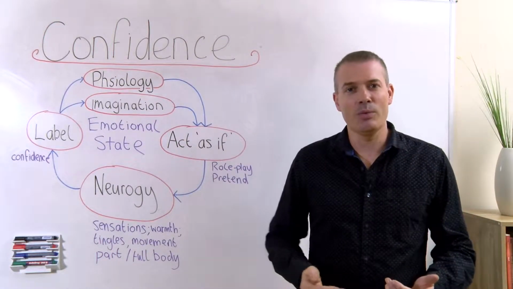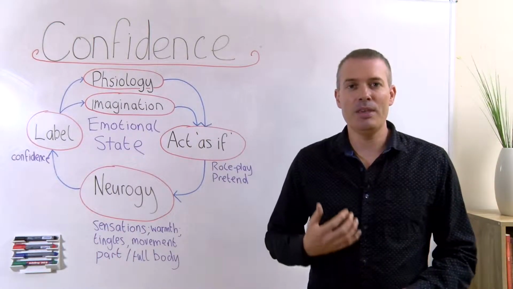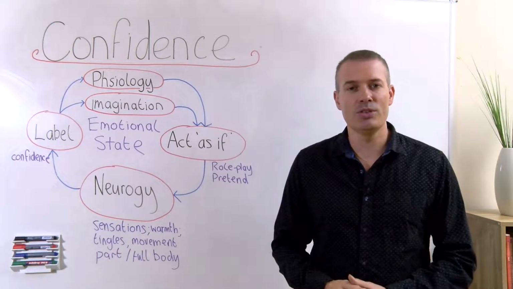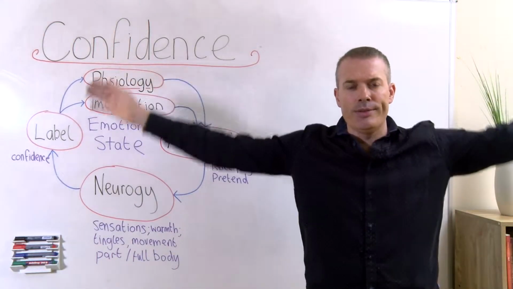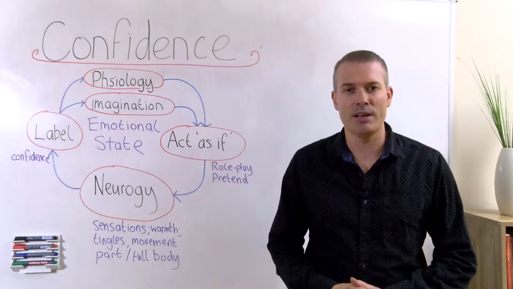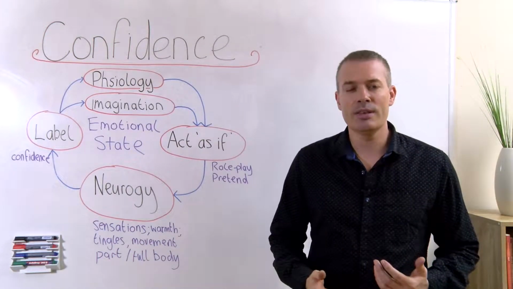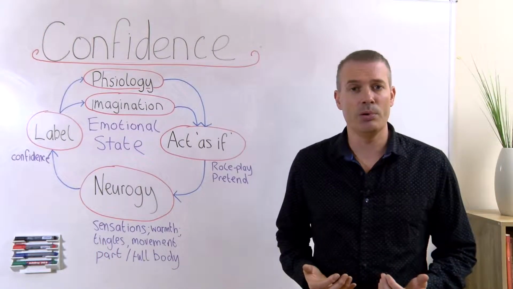But you want to have a think, what physiology could I take on board that would naturally start to symbolise confidence? Now this might not be a certain type of physiology that you would use in everyday life. I'm not suggesting that you walk about like this all the time or you walk about like this. That would look just absolutely bizarre. But you're only really doing this in order to alter your feelings, the sensations inside your body.